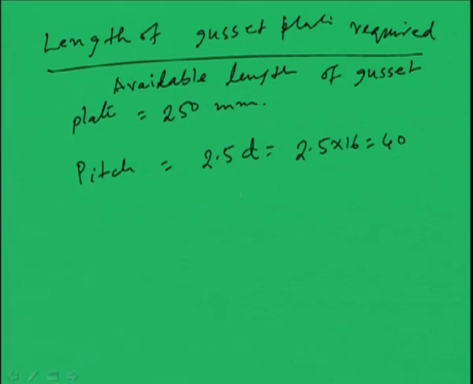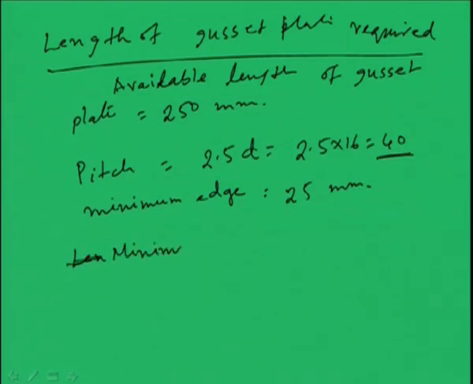So minimum pitch we have to provide is 40 millimeter, and minimum edge distance, which is required as per the code, for 16 mm diameter of rivet will be 25 millimeter, which is given in the code. Therefore to place 9 rivets, the length required, means minimum length we should say, because you can use more also,